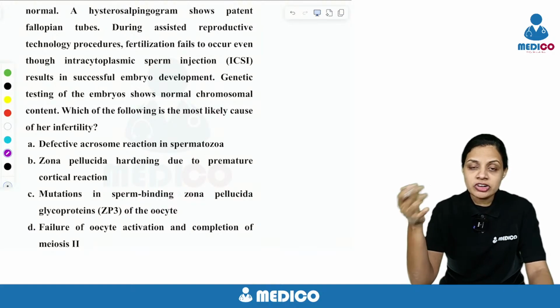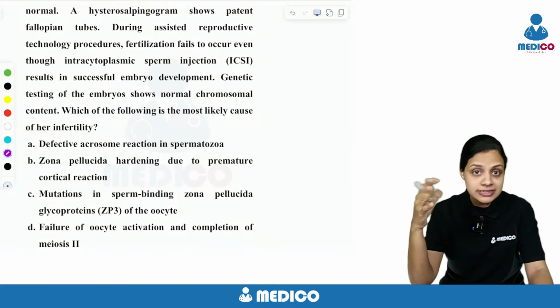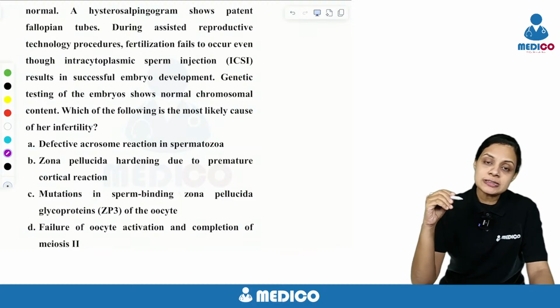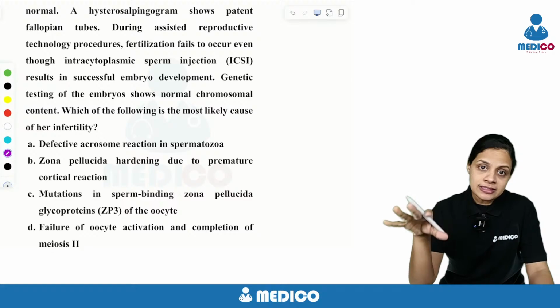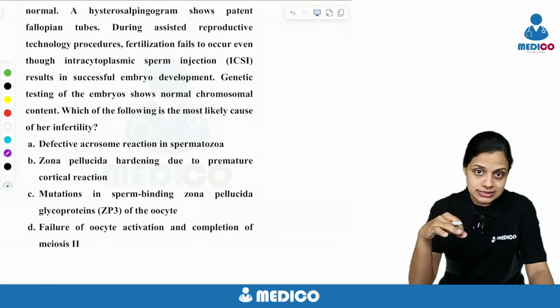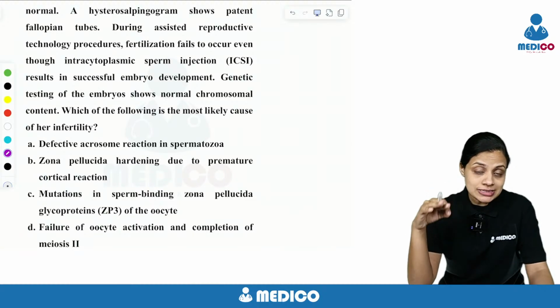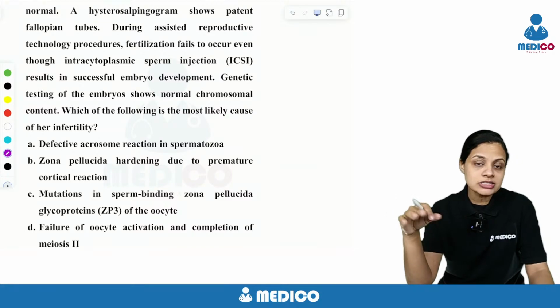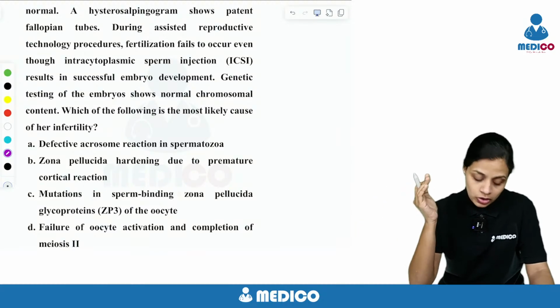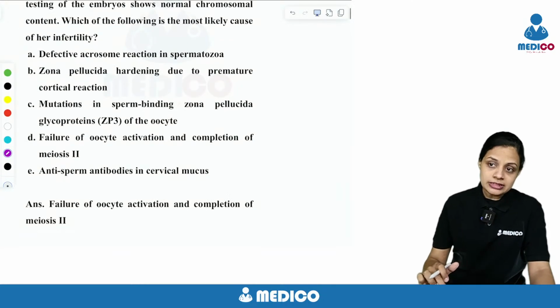Now, you might be wondering what this has got to do with basics of reproduction. This is a question from fertility, right? But what is important is that everything in obstetrics or even in gynecology depends on the basics. So if you're thorough with your basics of reproduction, you will be able to answer questions whether it is from fertility, from recurrent pregnancy loss, or from abortion. All right. So here in this case,